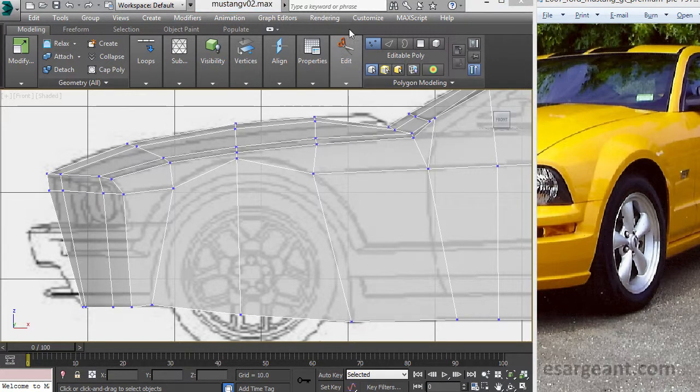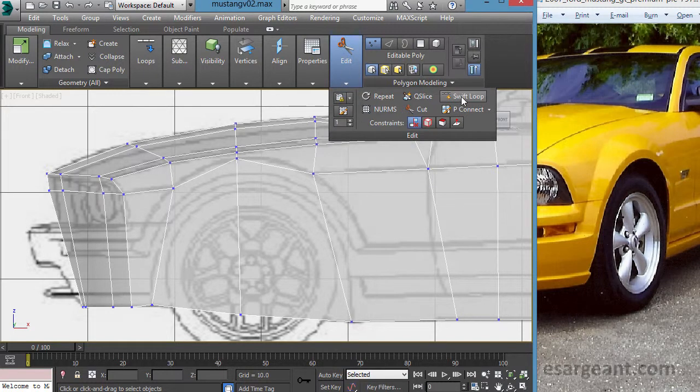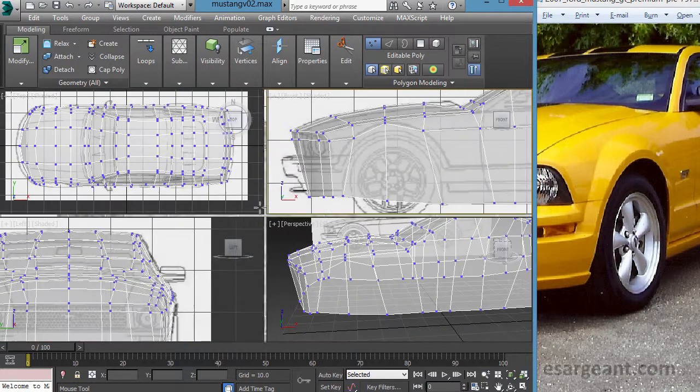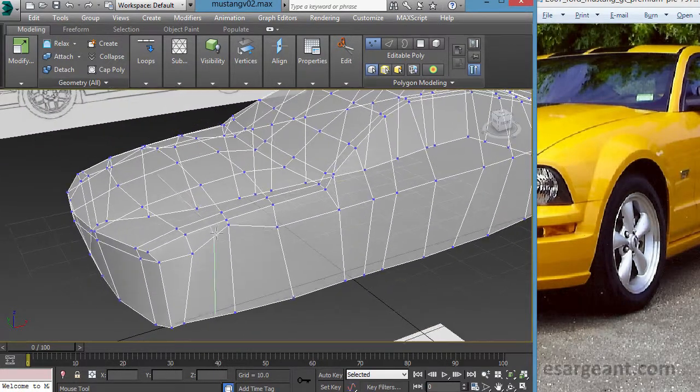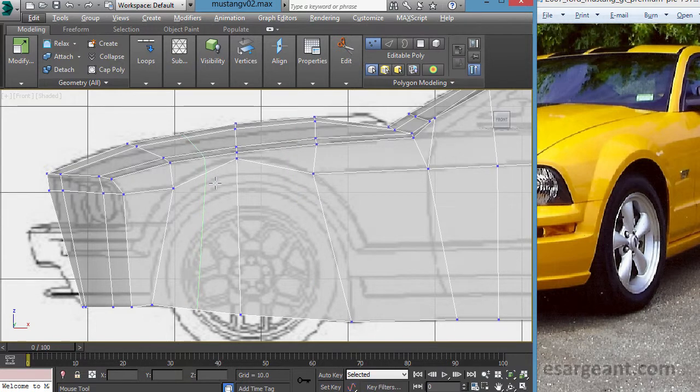Instead though, I think I'm going to make use of my polygon modeling tools, and I'm going to add in my edit tool. I'll add in a swift loop here, and you can see how this interactively updates, and it's a great way to make quick cuts around your object. If I show you in the 3D view, you can see how I can cut right through the model, or I can cut in this direction, depending on how you hover over these edges here. So let's cut maybe one here and one here,